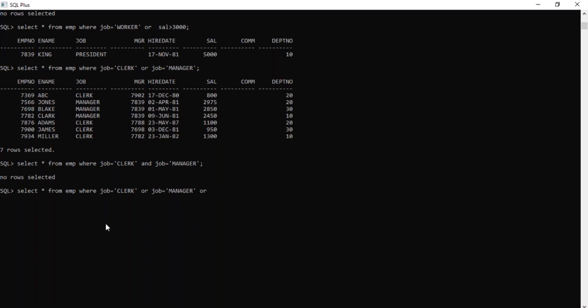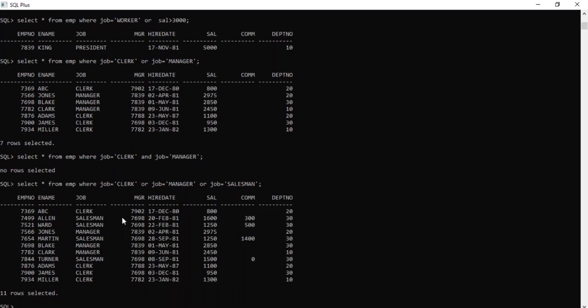Now see here, simple: select star from emp where job in, then open parenthesis. You can specify here the number of jobs you want.